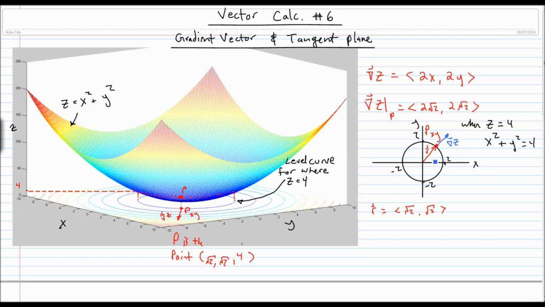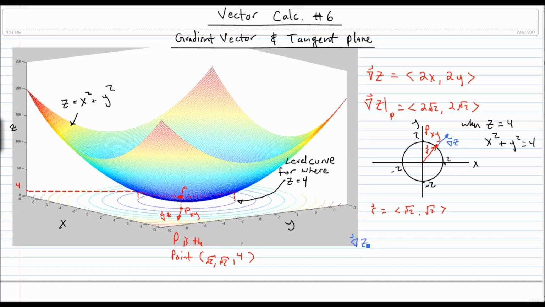Well, we can do what I said previously, where I find a tangent vector at the point P sub xy, and then I compute the dot product and show you that the dot product is 0. But I'm not going to do that because I don't have this position vector. I don't have this surface parameterized. I don't have R parameterized or anything. So instead of doing that, what I'm going to do is I know that if I take